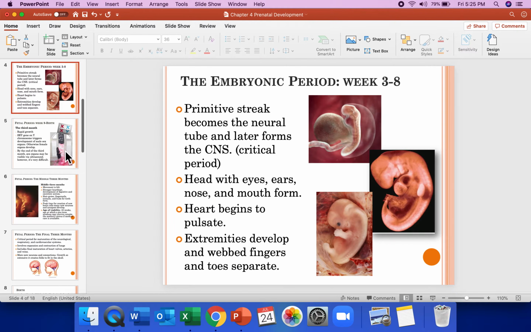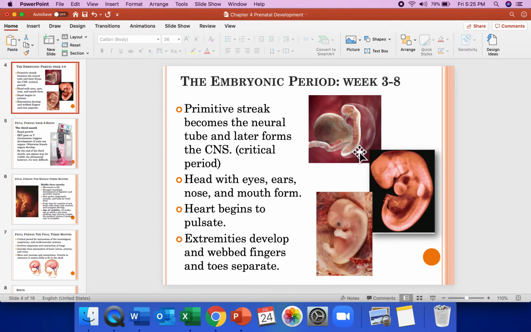Immediately after that, of course, duplication is going to happen, and differentiation is going to happen. And if you guys remember, we talked about stem cell research. We talked about how immediately after the eighth division, then differentiation cells are going to start to have jobs. And one of the most important jobs that are going to happen is the cells that will be in charge of developing the primitive streak. The primitive streak is basically what's going to be your central nervous system. This is where all the communication is going to take place between your brain and your body. So it's a very critical period of development.